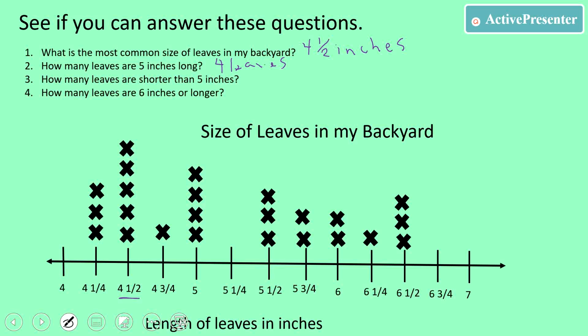And I know that because I go to my 5 and I count 1, 2, 3, 4. That's 4. How many leaves are shorter than 5 inches? So pause it and see. If you wrote 9 leaves,